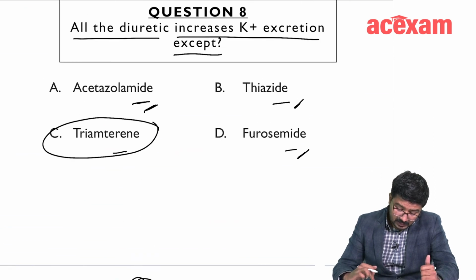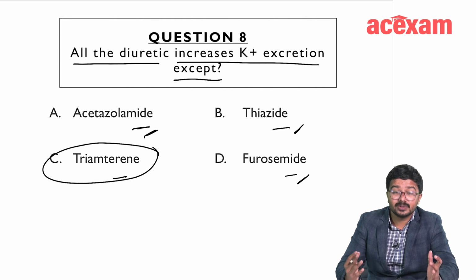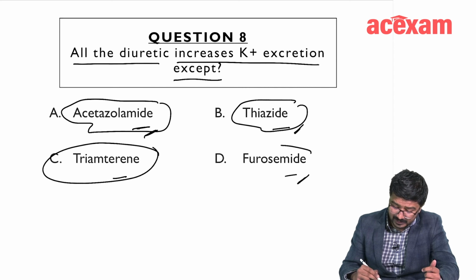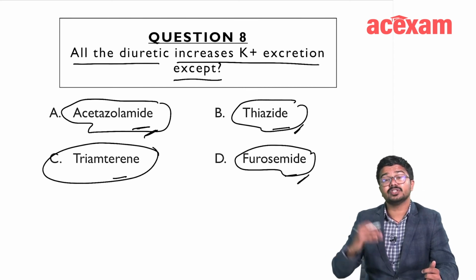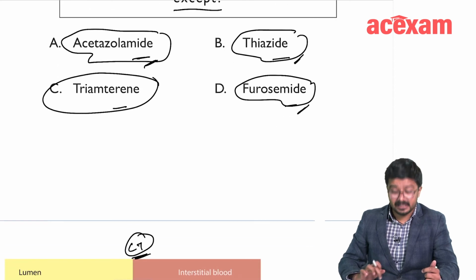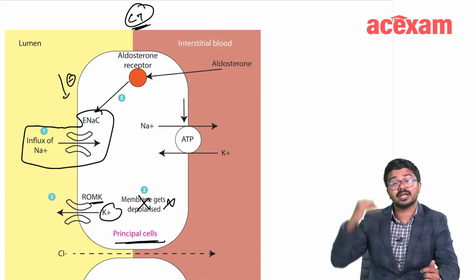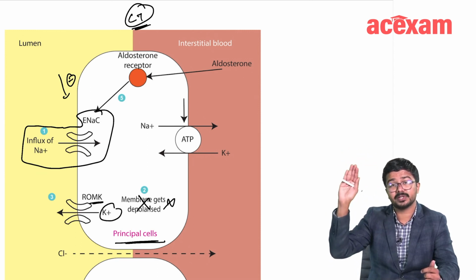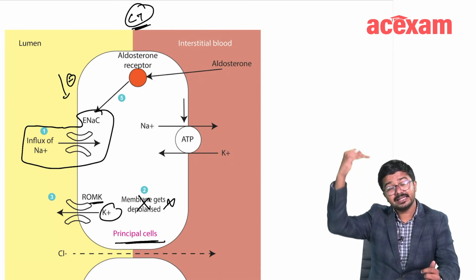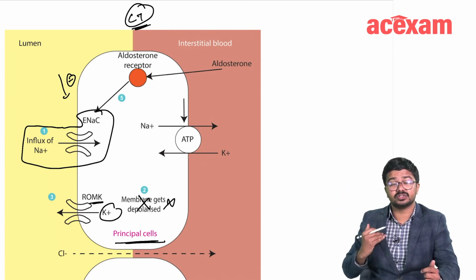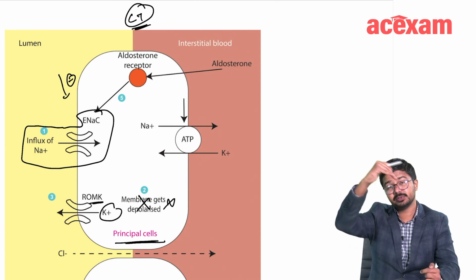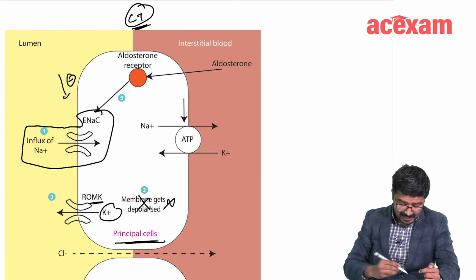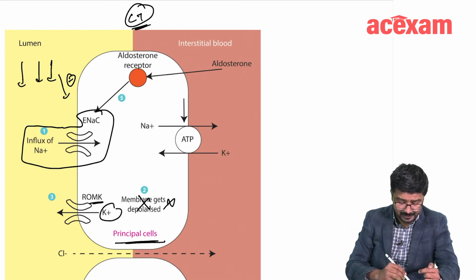But if you want to understand this question fully, you should also understand why these other agents, that is acetazolamide, thiazide as well as furosemide, cause excessive release of potassium. This is because these act at levels above the collecting tubule. So, whenever these agents inhibit solute absorption, an increased amount of sodium will be coming down the stream. Down the stream in the sense, first the proximal convoluted tubule, next the thick ascending limb, next the distal convoluted tubule, and last the collecting tubule. So, more sodium will be coming downstream.